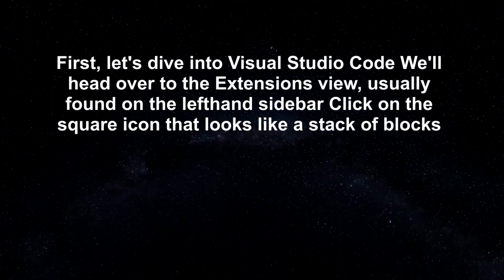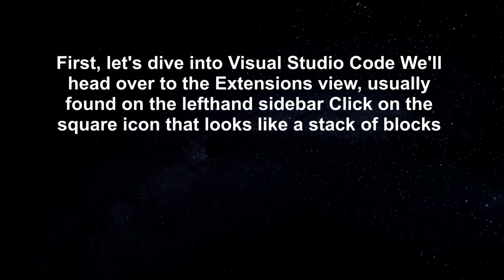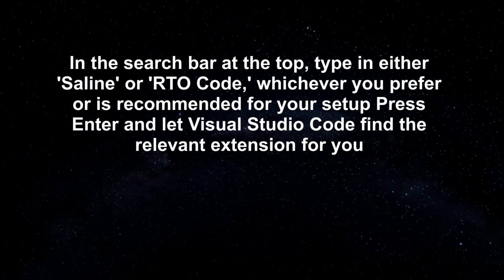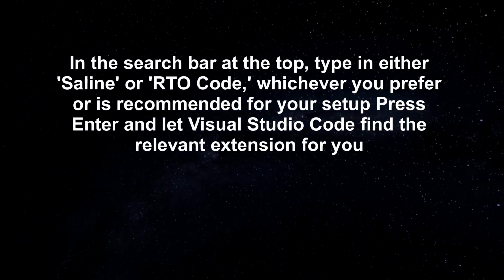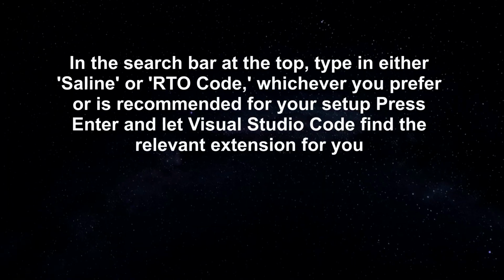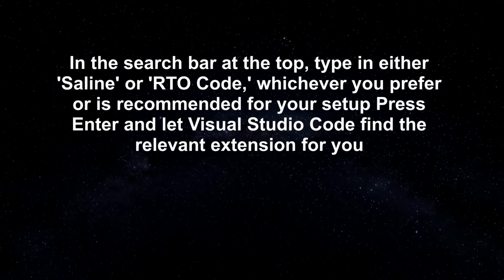We'll head over to the Extensions view, usually found on the left-hand sidebar. Click on the square icon that looks like a stack of blocks. In the search bar at the top, type in either Cline or Roo Code, whichever you prefer or is recommended for your setup, press Enter, and let Visual Studio Code find the relevant extension